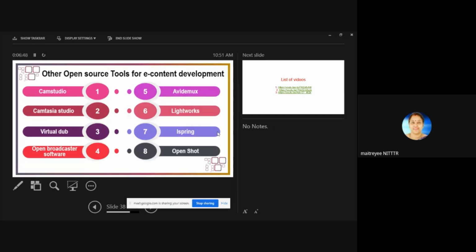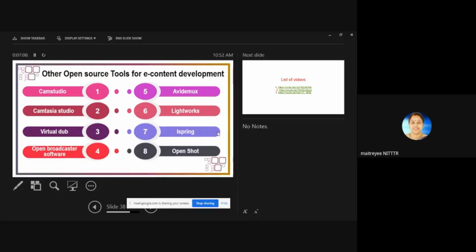Similarly, iSpring is directly connected to Microsoft PowerPoint. So after creating your presentation, you can use iSpring to create a quiz environment. You can give the quizzes, and they will run in PowerPoint itself.